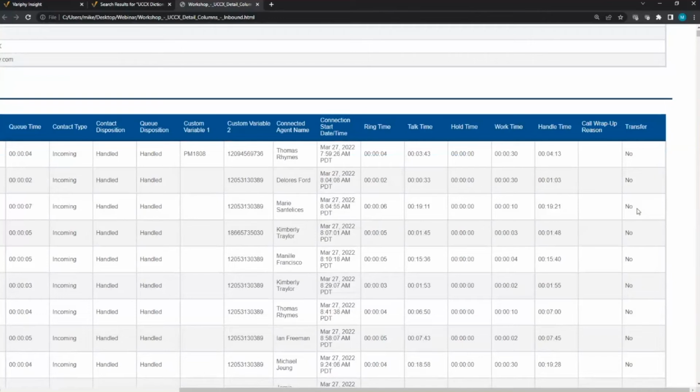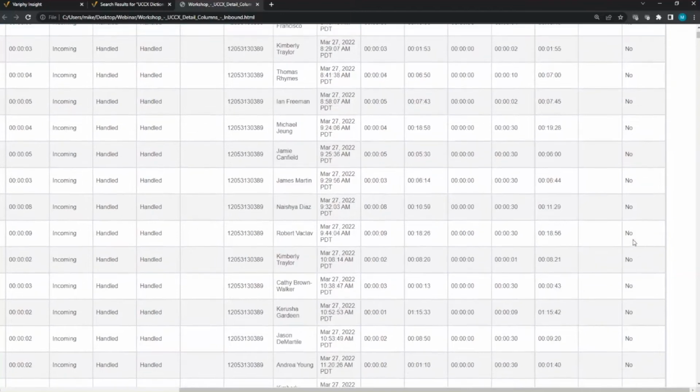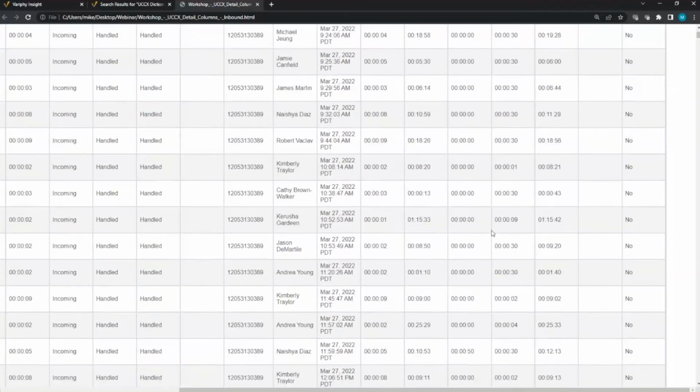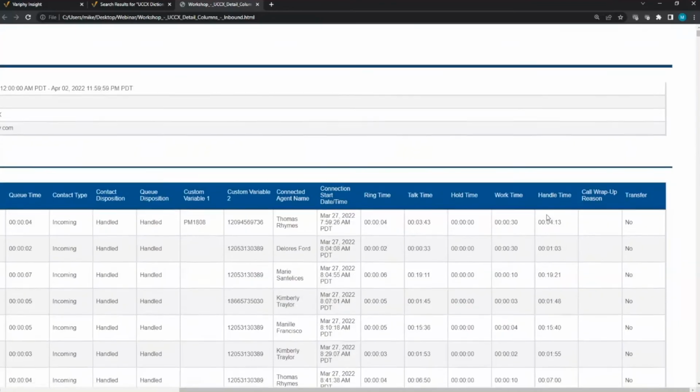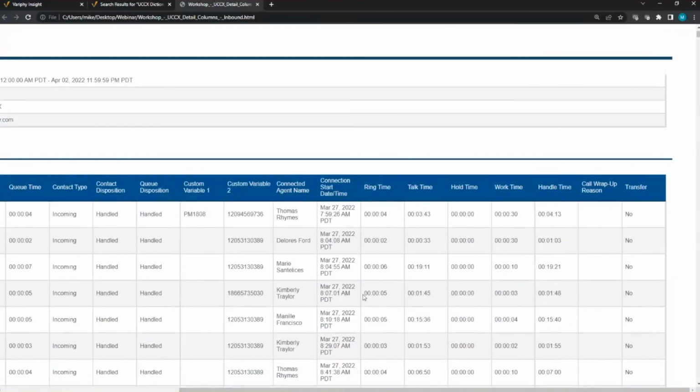And then transfer. If you want to see how many agents are transferring calls, you'll see in the transfer column either a yes or a no. When the value is yes, it means that this record was then transferred, or that in Cisco's terminology this leg transferred the call. It just means that this call was then transferred. Okay, and that's it for the columns for the outbound. Again, if you have any questions, stick them in the Q&A, and we'll get to them at the end.